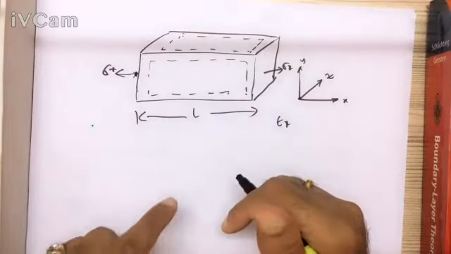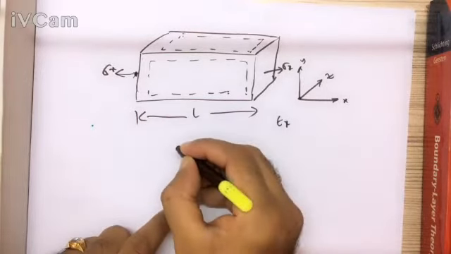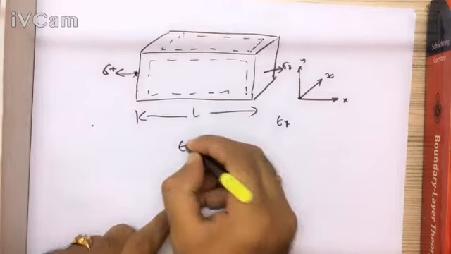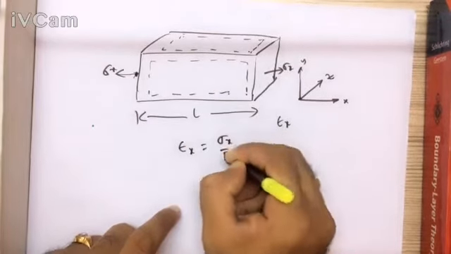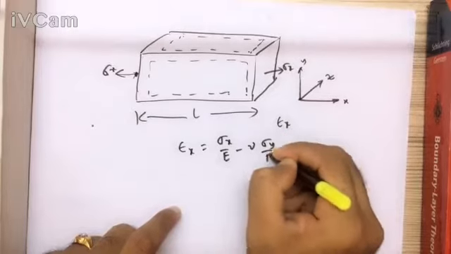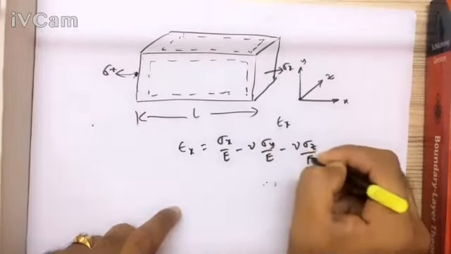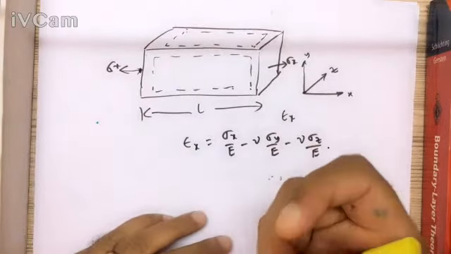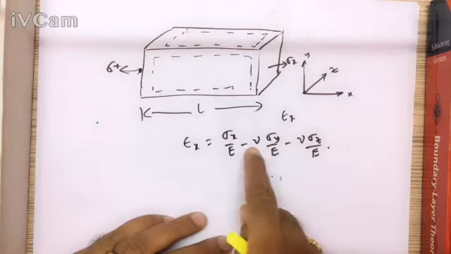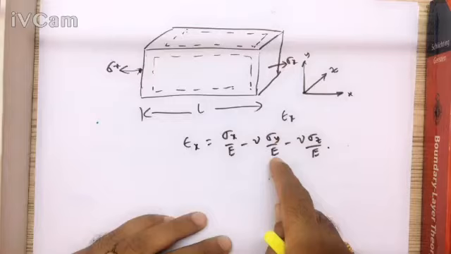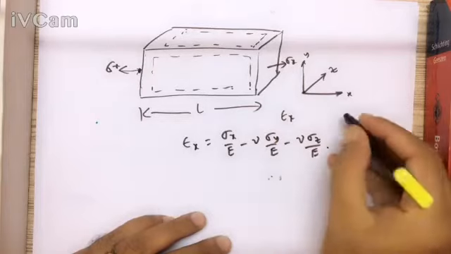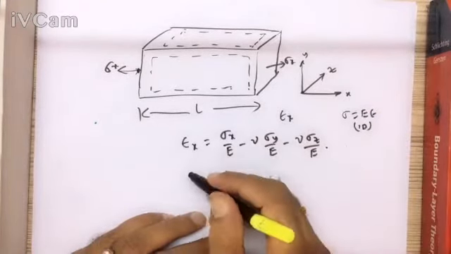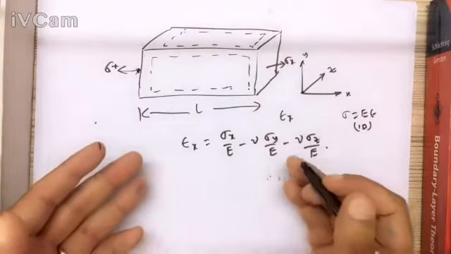So in this regard, you have Hooke's law, if you have already done the strength of materials course, you'll be recalling it. Epsilon x is equal to sigma x by E minus nu into sigma y by E minus nu into sigma z by E. That minus clearly indicates that the length is actually decreasing, right? So minus nu into sigma y by E minus nu into sigma z by E along with sigma x by E. So this is no longer sigma is equal to E into epsilon, remember, because that is only for one dimension. But here for three dimensions, you'll be writing it in this way.